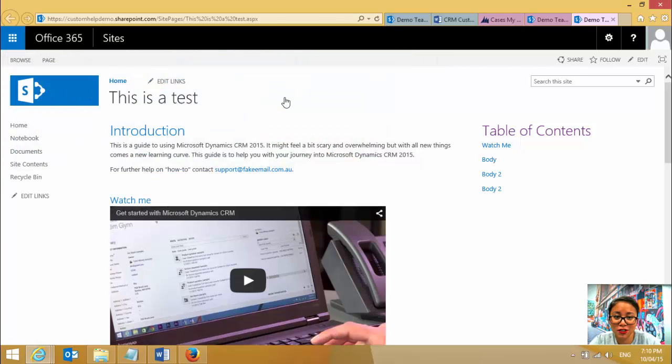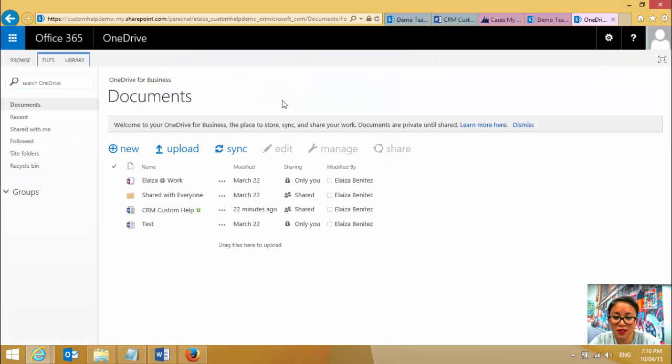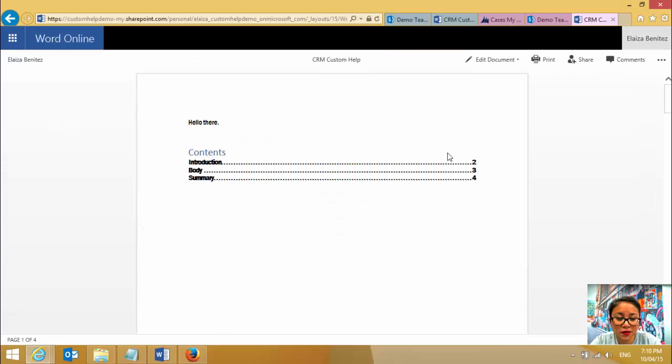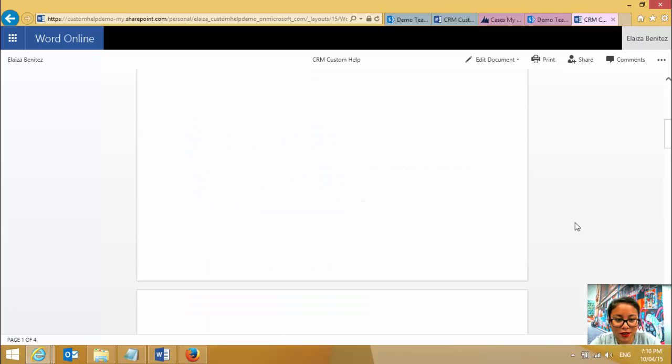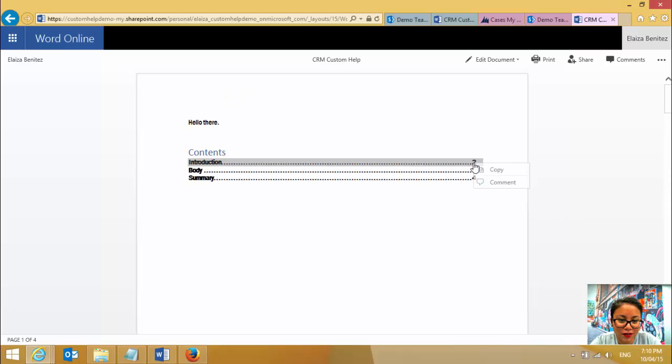So let me just open up the Word document so you understand what I'm talking about. Okay, so here's a Word document, and I can't exactly grab this hyperlink that sits behind this page number. Like I can't do a right click and copy and paste a URL. So